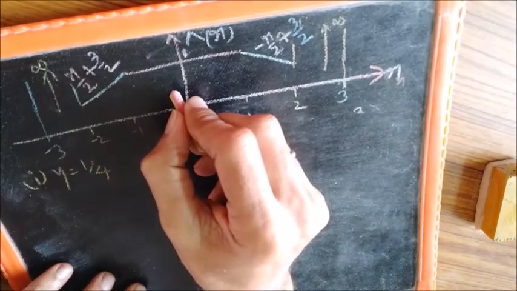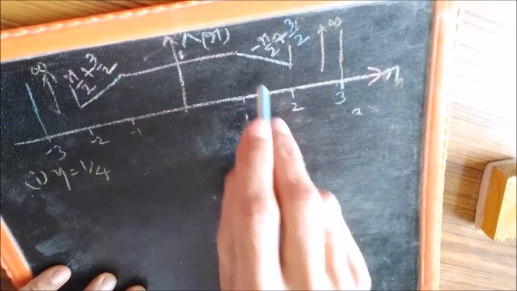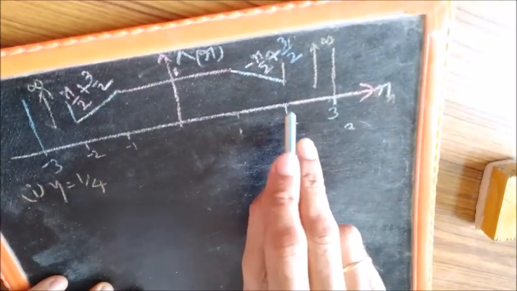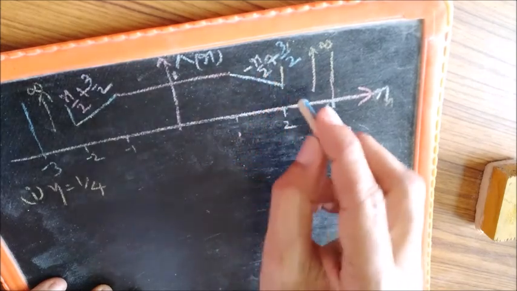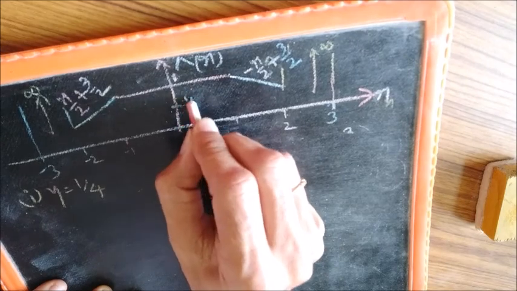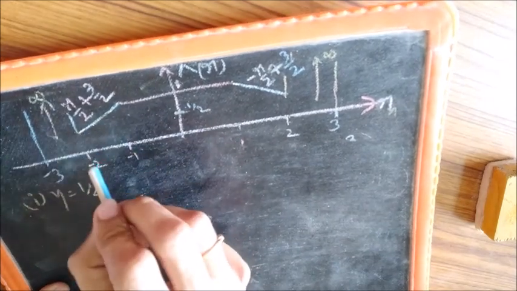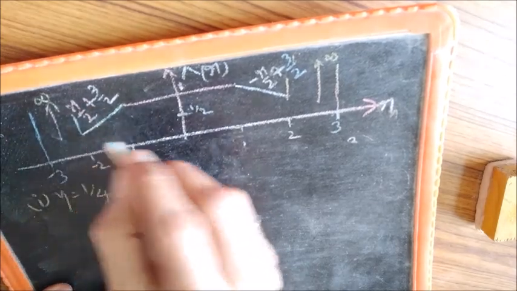So if you locate eta equal to 1 by 4, before that, let us note that when R is equal to 2, 3 by 2 minus 1 is 1 by 2. So this is 1 by 2. Similarly, when R is equal to minus 2, 3 by 2 minus 1, again it is 1 by 2.